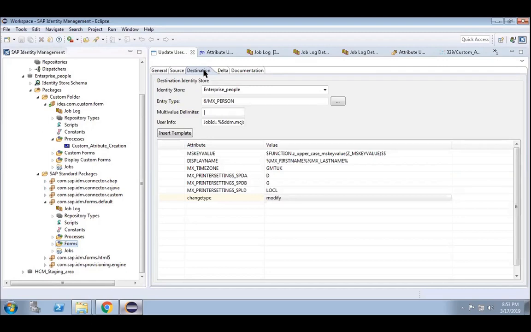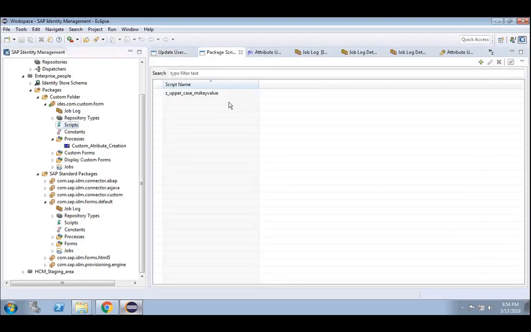In general, in custom scripts you need not pass anything. Actually, you have to write it to the identity store or to the database. No, identity store only. In the database I am storing some data, but here I am changing the value in the identity store.